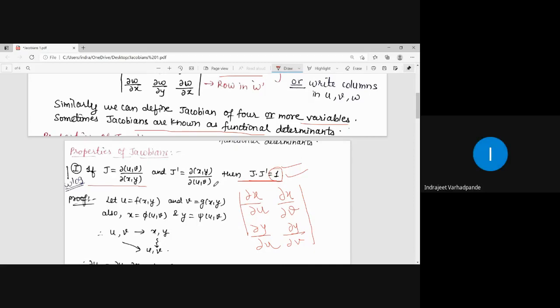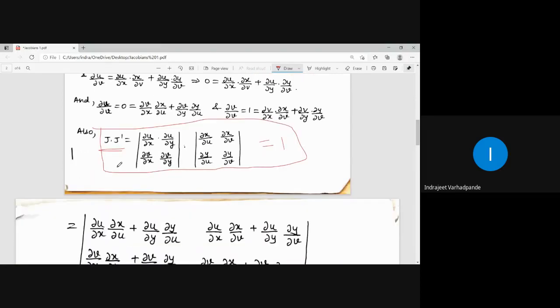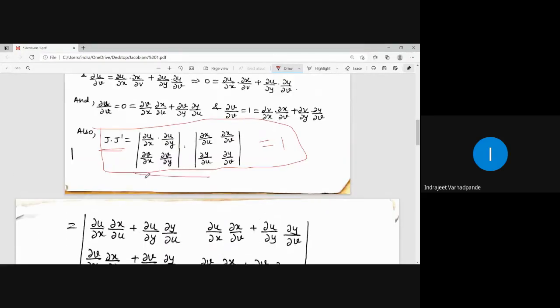So we won't be going into the detail of the proof. Just remember that when you take the product of these two, it is going to give you the answer 1. Right? Is this fine? Yes, sir. Write down this step, this last one. This product you write down and take it as 1.